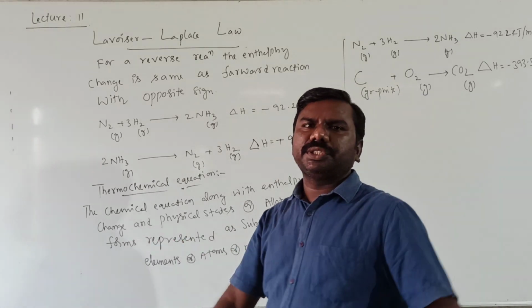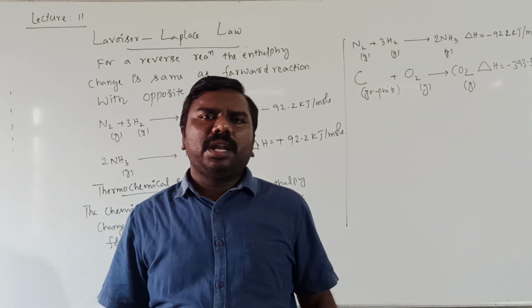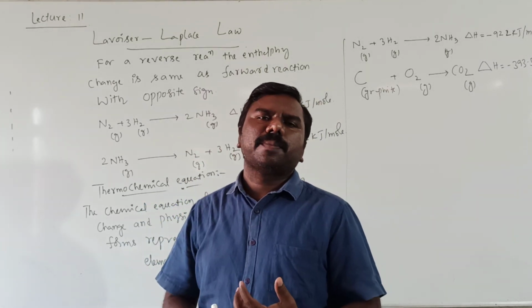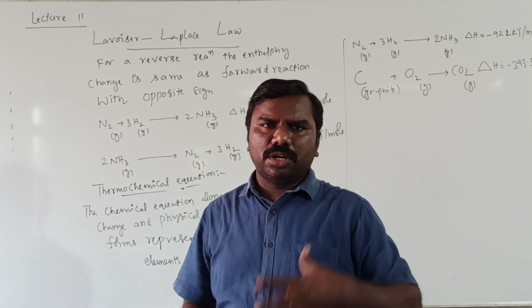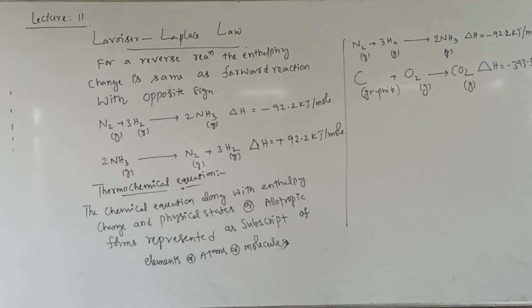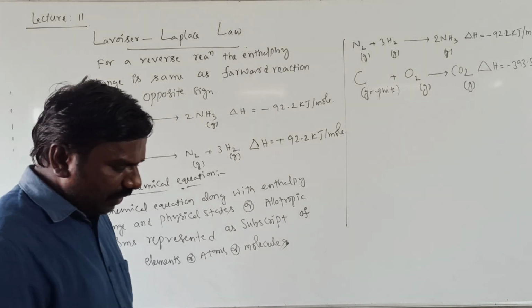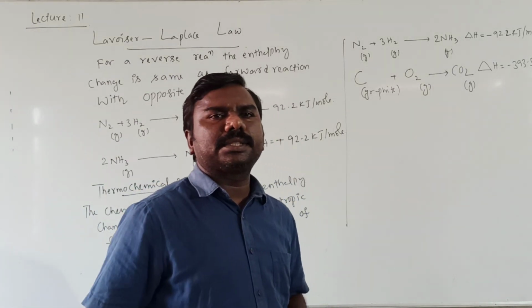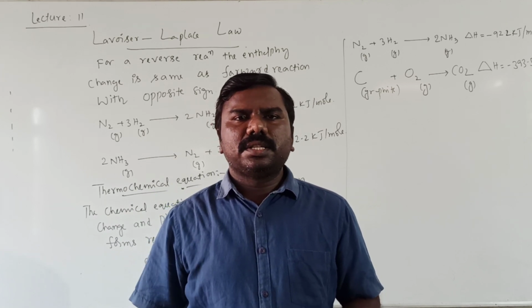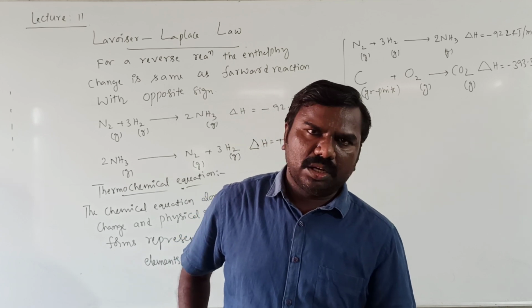Right? The complete equation, by representing the chemical equation along with the enthalpy of that reaction and physical states, otherwise allotropic modifications, we need to mention in brackets as a subscript for those elements. That is called the thermochemical equation. Okay, so with this the thermochemical equation is complete. In our next session, we'll start Hess's law. We'll continue in the next video.